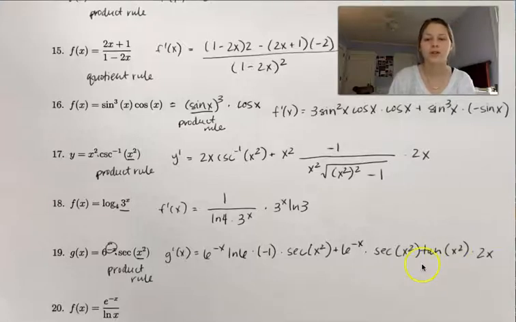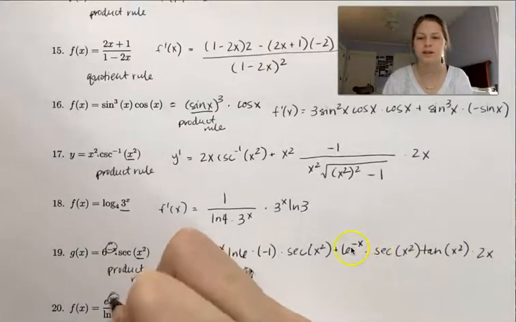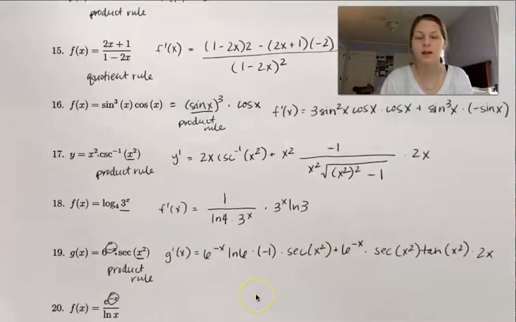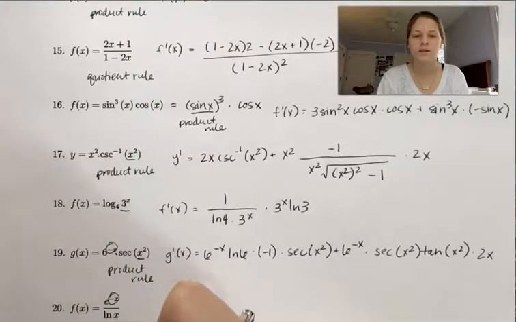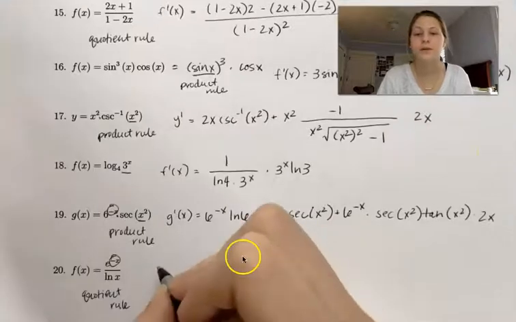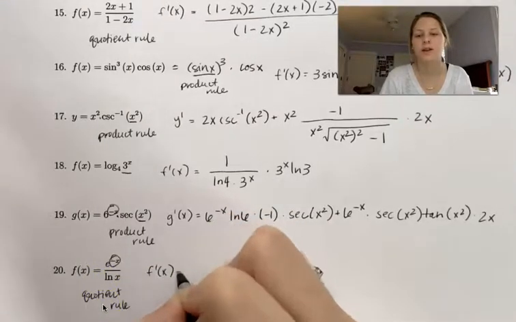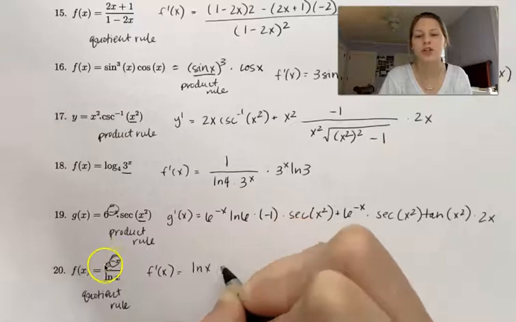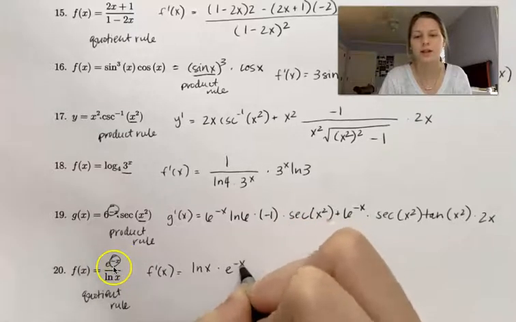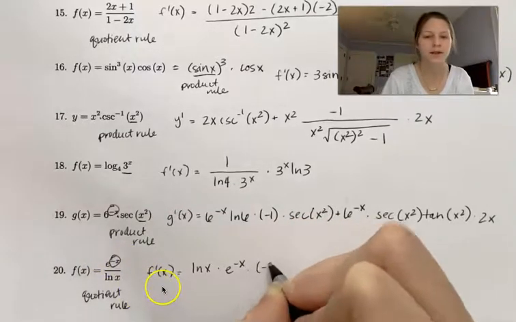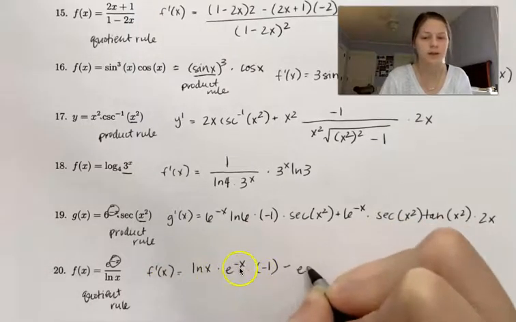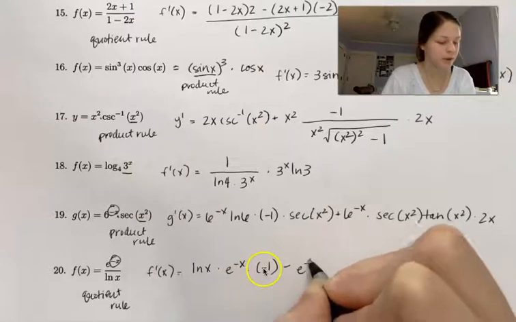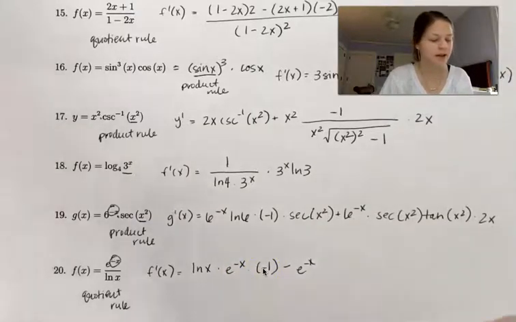And then our last question, number 20, this is a quotient rule question. As I said, this is a quotient rule question that, just like the last question, we have to do the chain rule with this negative x, and I circled it. So we'll get f prime of x equals ln of x times e to the negative x times negative 1. So here's the chain rule with the negative x, minus e to the negative x times 1 over x